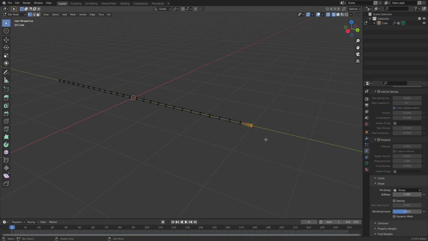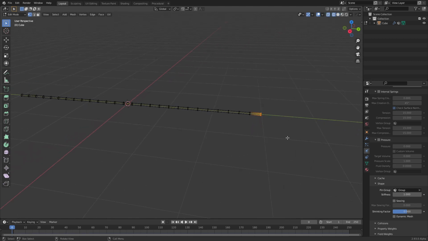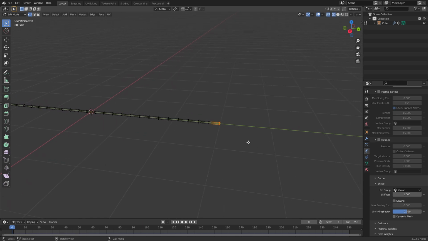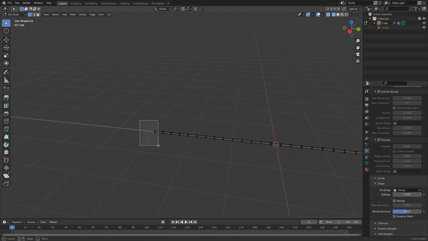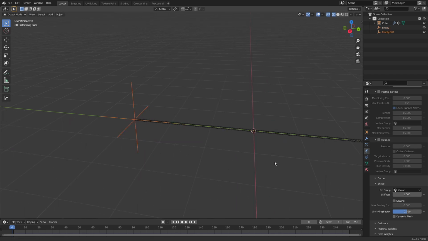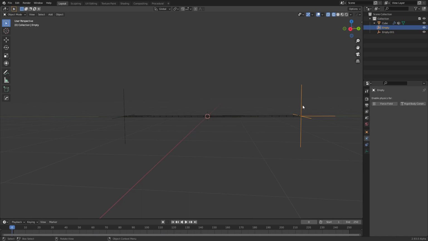go to wireframe, select again these points. What we're going to do now is Ctrl H, hook to new object. It will create an empty, the same on this side. Select these ones, Ctrl H, hook to new object, exit edit mode. Now when you move this, it will move the vertex that are hooked to it,